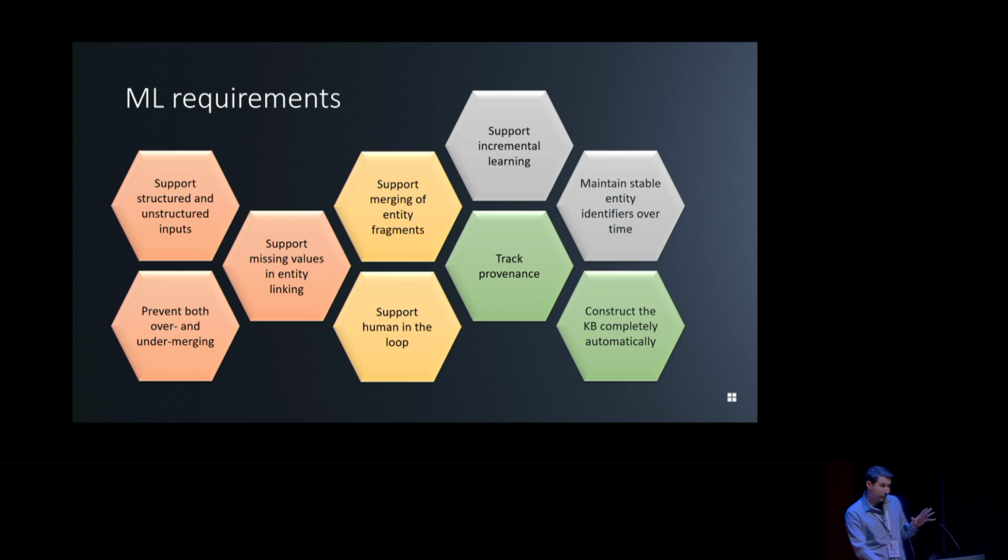Right, so note that these are the ones that I've derived from the selected ones, so there's actually many, many more that I'm not going into here. But things like multilingual, multi-geo, and so on, there's many, many more. And I selected these because I think many of them actually refer to a component of the pipeline in automated knowledge-based construction that I don't read so much about. This is the part about linking and merging. I think there is actually a lot about linking, but not so much about merging, right? So when you take the entities, which might be fragments at that point, fragments of entities, and you put them together when you construct the knowledge base, that part has to satisfy all of these requirements.